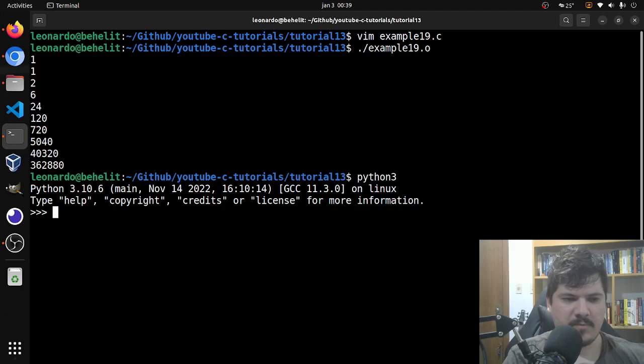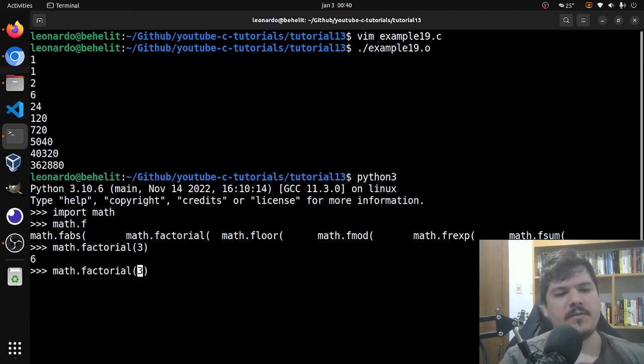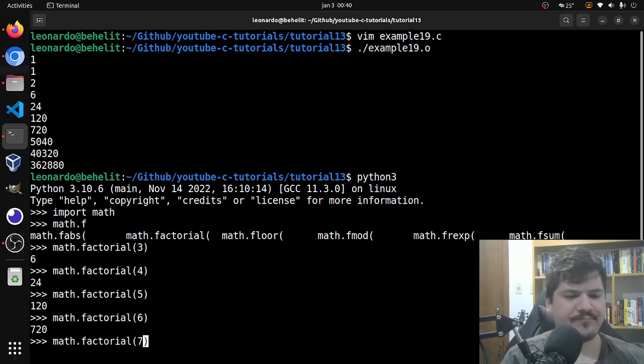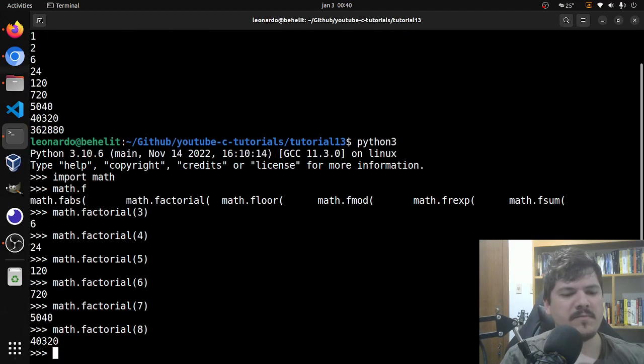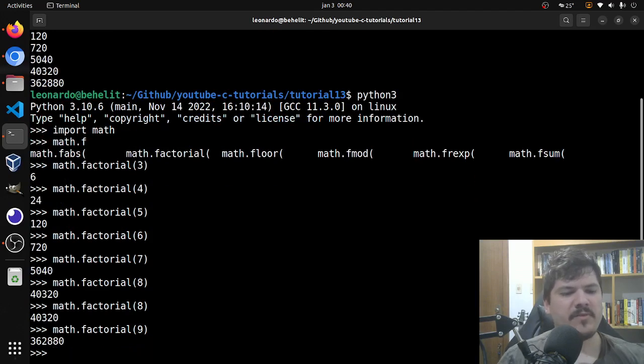I will check that with Python, I believe. From math import factorial. Okay, so let's check the factorial of 3, it's 6, 4, 5, 120, 6, 720. So it seems correct. As you can see, the thing with factorial is that it increases really fast, so